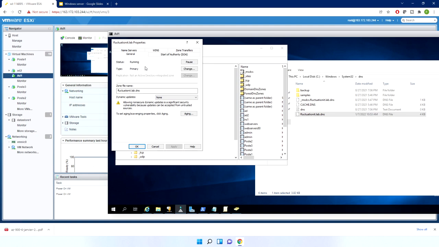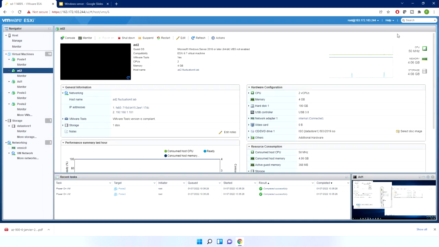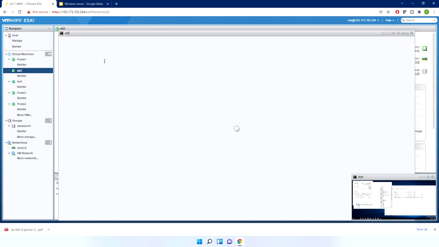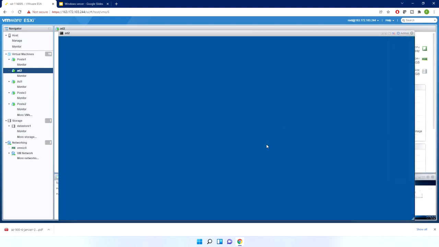Okay, and the second zone will be a secondary zone. Remember that you can do that here, but you must go on the AD here and do it manually. By manually, you have to do the synchronization. So if I go here on my AD2, and if I go again on my DNS,